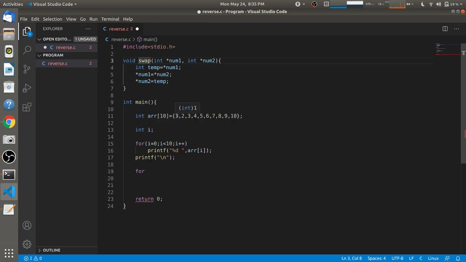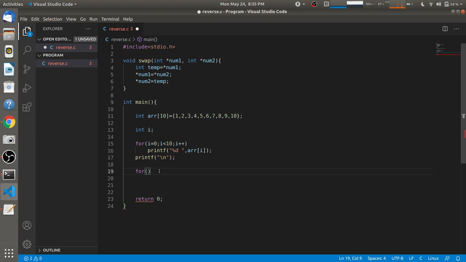We are going to swap the values between 1 and 10, 9 and 2, 3 and 8, 4 and 7 and 5 and 6. So that way you will see that all the numbers will swap positions, and the array will be reversed automatically.